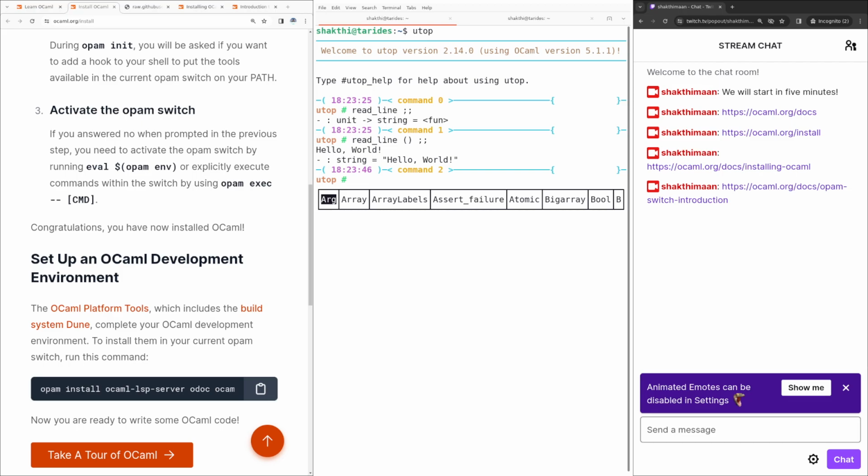If you install specific packages, again you can do dot for a module, and then it will tell what functions are available, so it's quite useful there. And you can also exit this using exit 0 and double semicolon, right? So that's UTOP. Now we are on the default switch, so let's go back to the switch example documentation here,